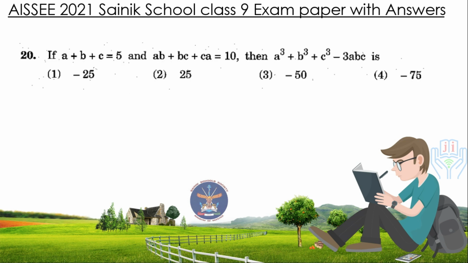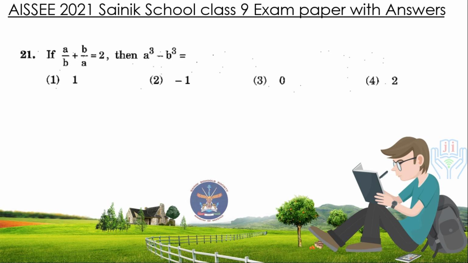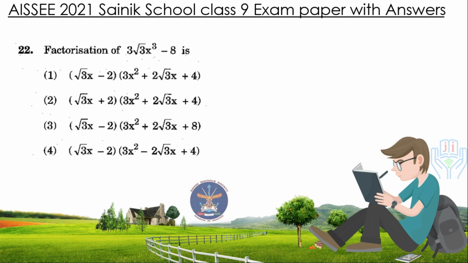If A plus B plus C equal to 5 and AB plus BC plus CA equal to 10, then A cube plus B cube plus C cube minus 3ABC is answer minus 25. If A by B plus B by A equal to 2, then A cube minus B cube equal to answer 0. Factorization of 3 into square root of 3x cube minus 8 is